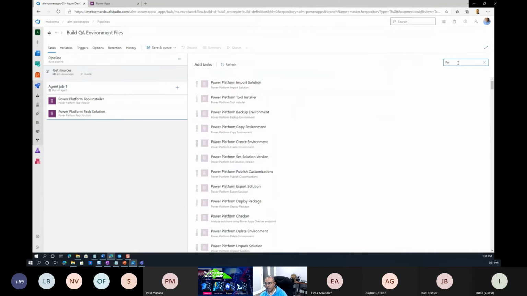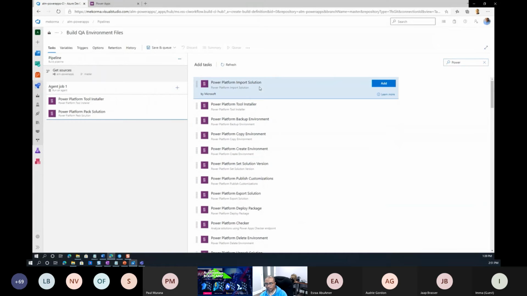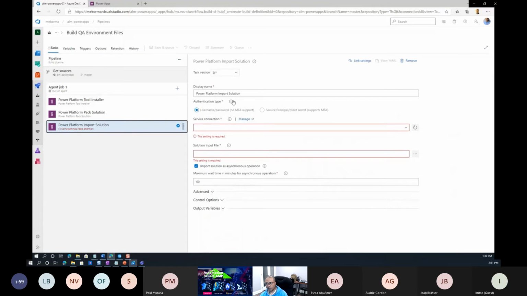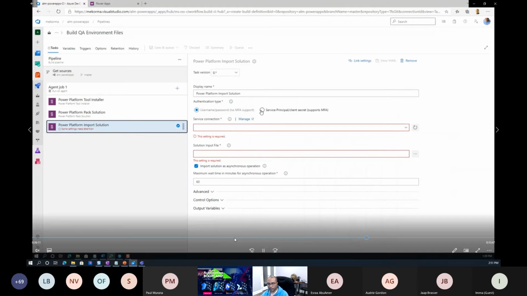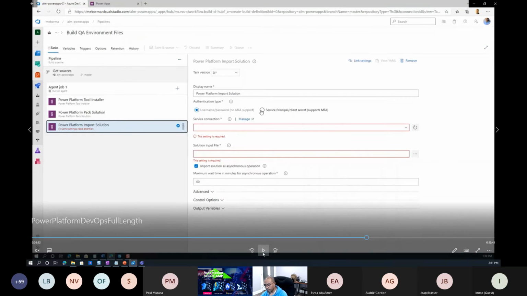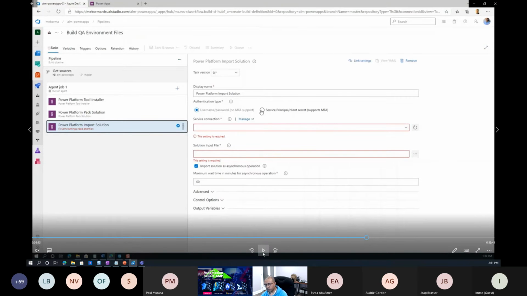Now we're going to go ahead and, again, look for Power. And we're going to push the files to the environment. So what we want to do is use that import solution. And note that I'm going to pause this here for a second. Note that there's an option to build an environment. You can actually create environments from inside of your pipeline, so you don't have to have a predefined environment. Most of you will have a predefined environment, but you can actually set up the environment from scratch using the